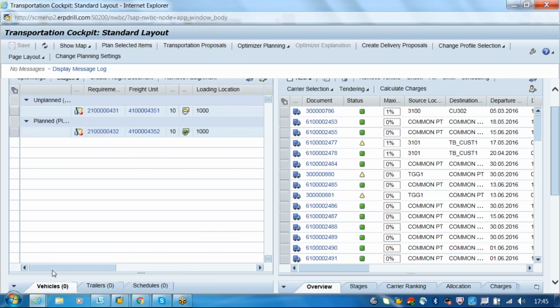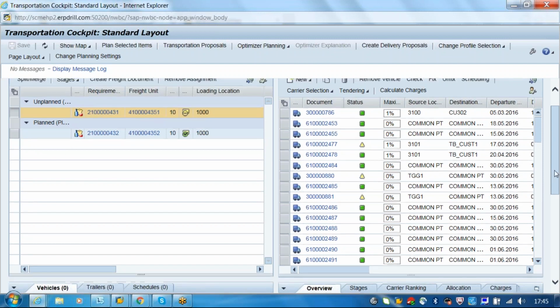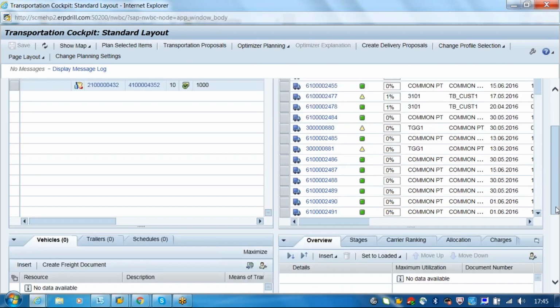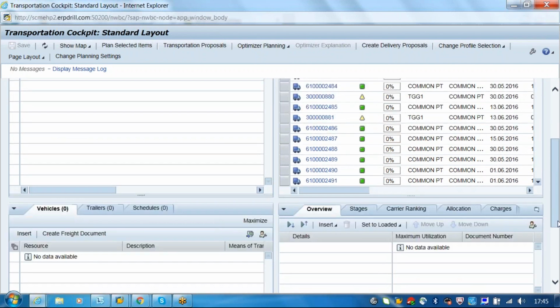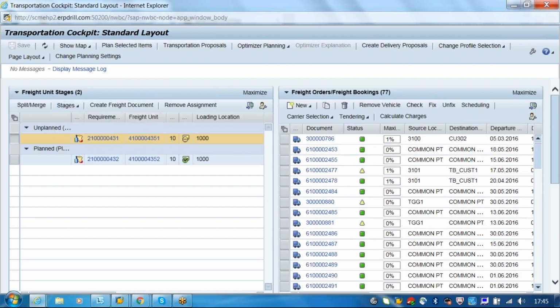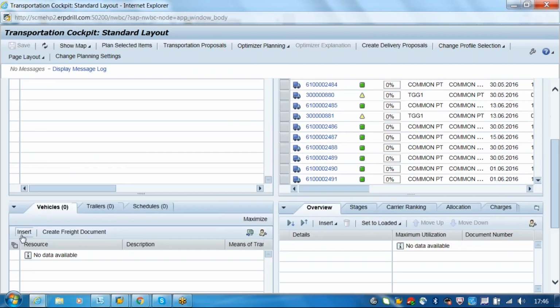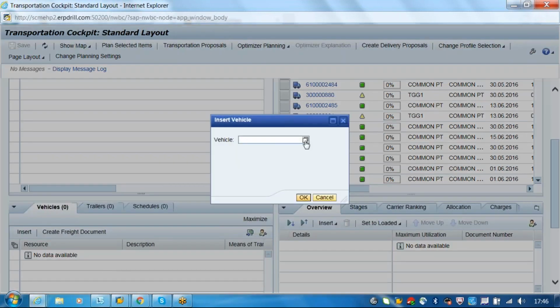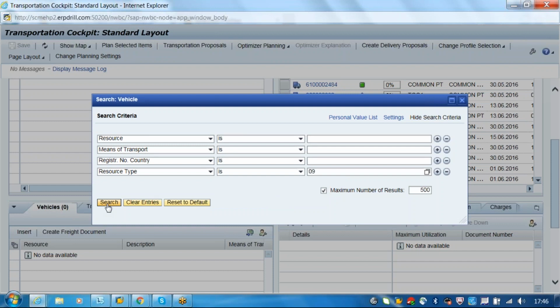So how it got created is based on your manual planning. So I will choose this document. Okay, what you have to do is just choose this resource. These resources will come from master data only, whatever resources we have created. Yeah, these are nothing but the vehicles. So whatever vehicles we created, it will come here. Insert a vehicle. I think we created only vehicles. We will take one vehicle.